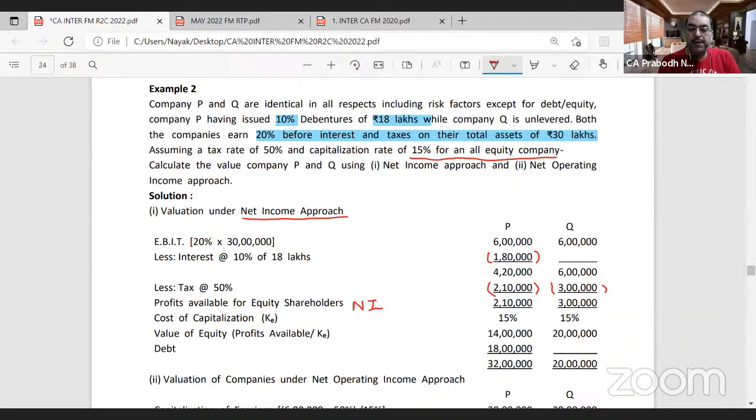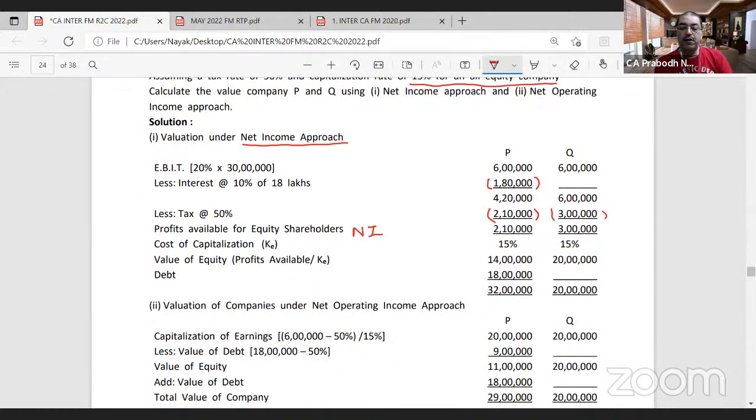Debt in the company P is 18 lakhs. So 14 plus 18, 32 lakhs. 20 lakhs is the value of company Q. This is under the net income approach. If I'm going for net operating income,